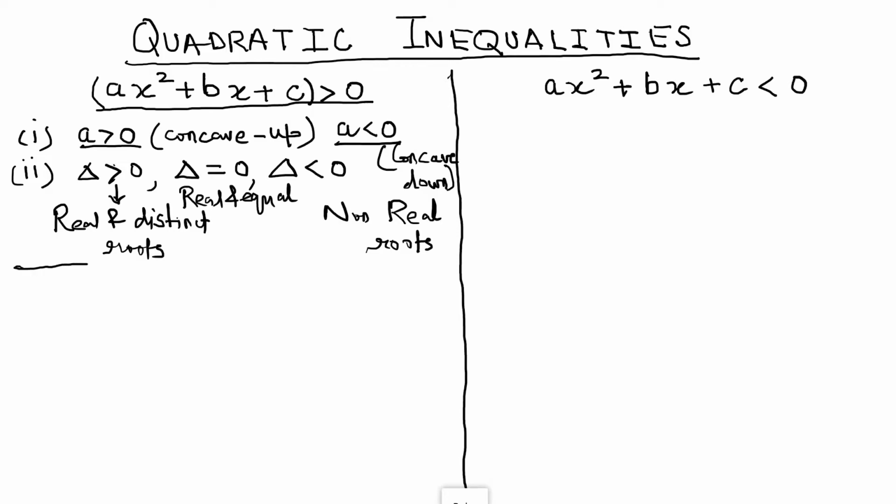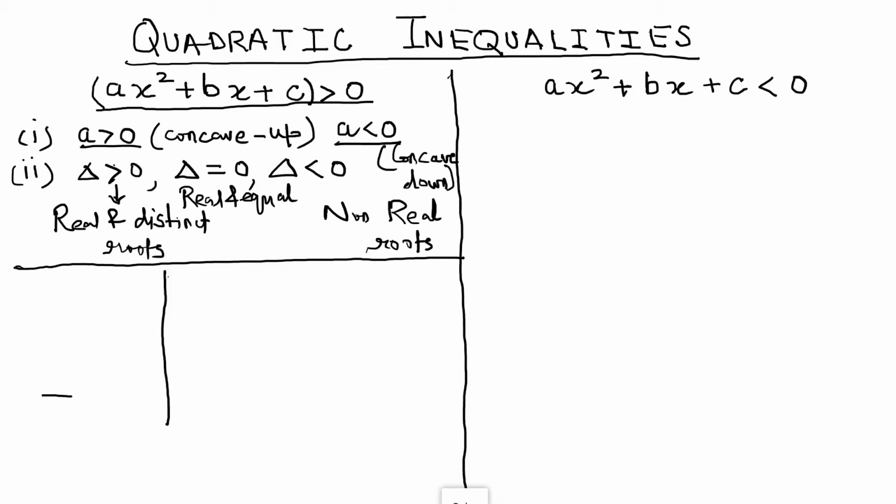Now based on these two things, we shall be plotting the graph, and we'll discuss this case by case. So in this session, we are going to focus on, for all such values of x, when this expression ax square plus bx plus c will always be greater than 0, which is possible, let us see when.